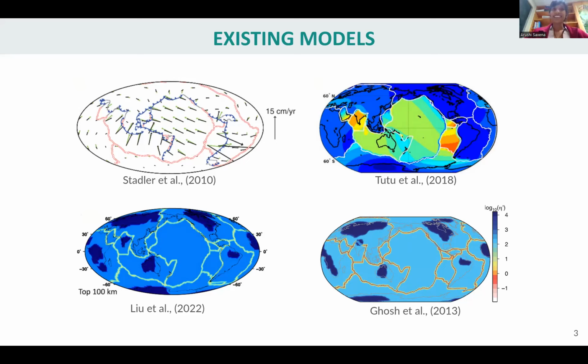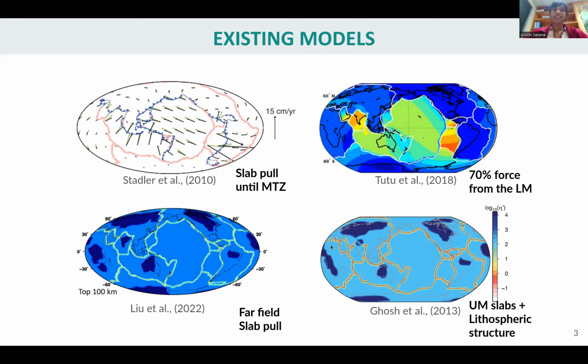And the reason is that these models all come to different conclusions with respect to what the driving forces are. So for example, Stadler in 2010 proposed that slab pull until the mantle transition zone is the main driving force, while Anthony Tutu in 2018 proposed that most of the driving force comes from the lower mantle, and differences exist in these two studies as well. So one thing we want to do is resolve this discrepancy as to what the main driving forces are for